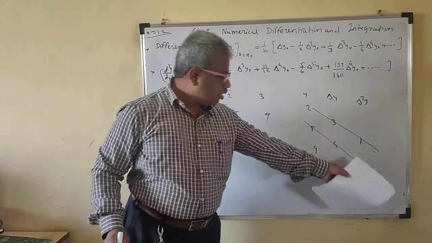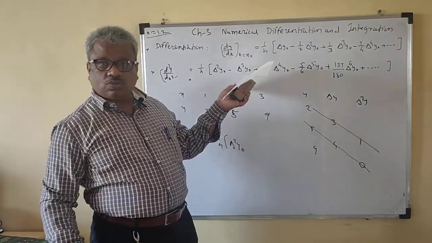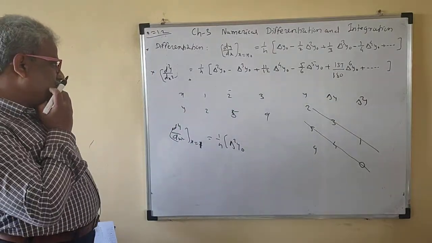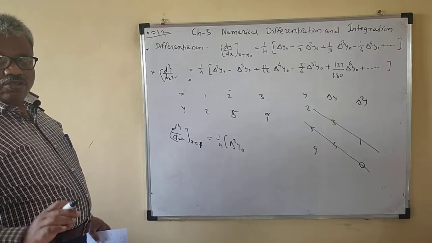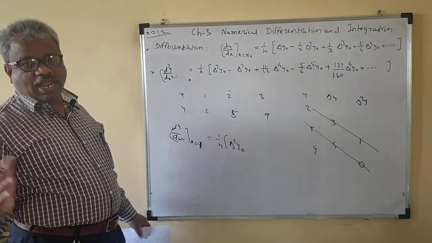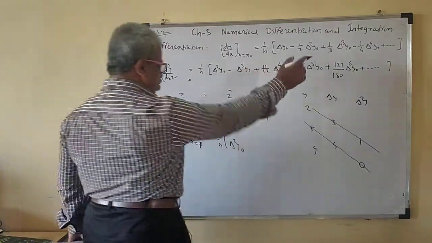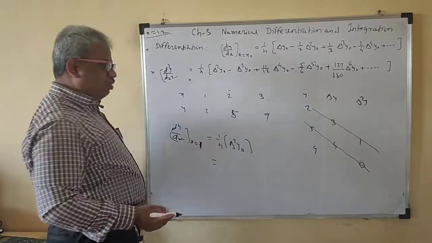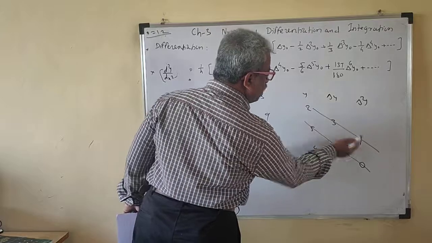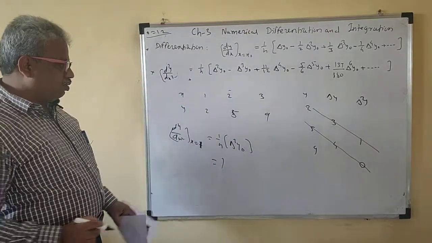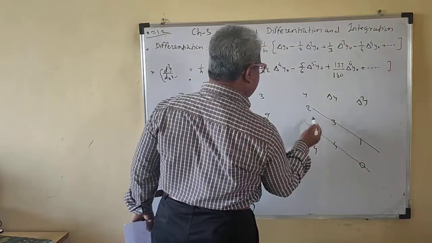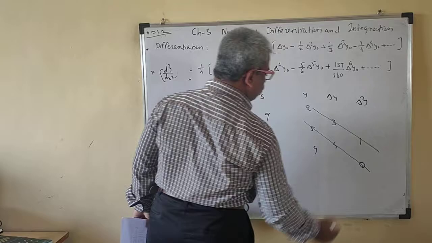Now see here, there are only these three values. So del cube is 0. Del square is constant and del cube is 0 because we have only the three values. So del cube here all is 0. Only I have to write this. This is 1 by h is 1 now, no problem because h is 1. So del square y naught is 1. So second derivative at x is equal to 2 means 5, so this is 0 now here.